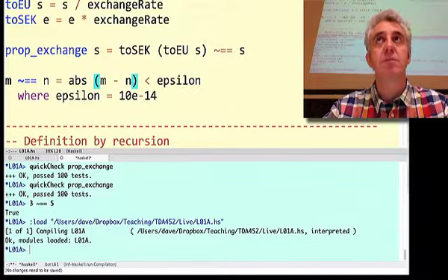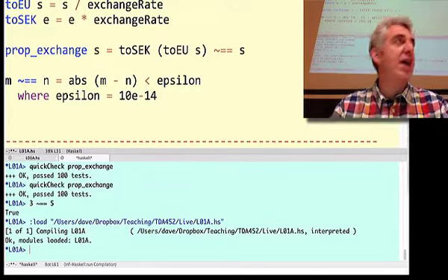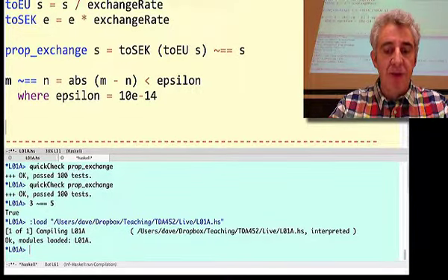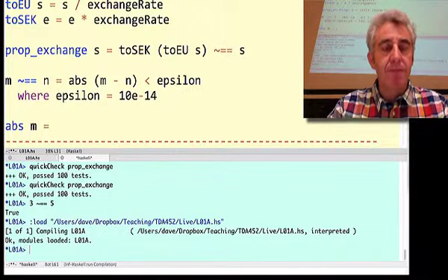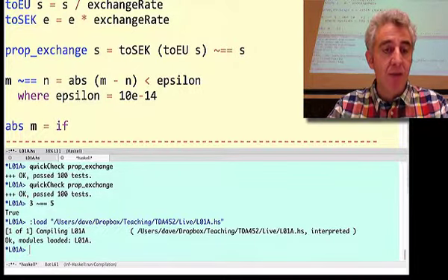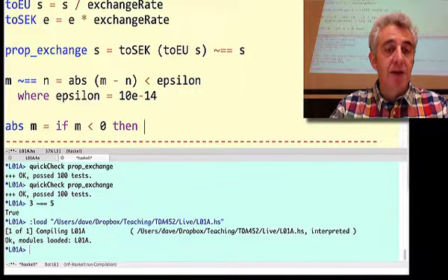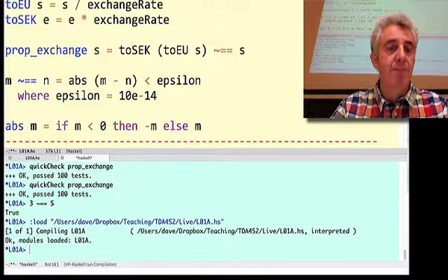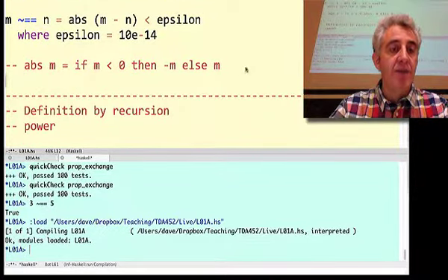Any questions? All right, just for the sake of completeness, how would we have actually defined abs if it wasn't available to us? The absolute value of some number, well, we could use a conditional expression. So this is the most familiar way to you. If m is less than 0, then the answer should be minus m, otherwise it's m. So that would be a reasonable definition of abs. I can't redefine it that way because I'll get a name clash.